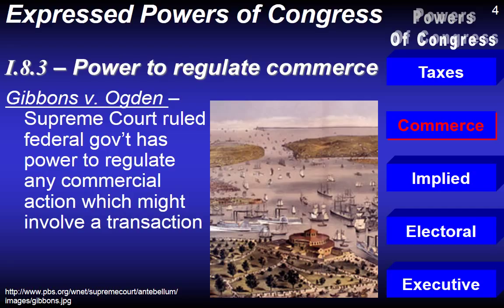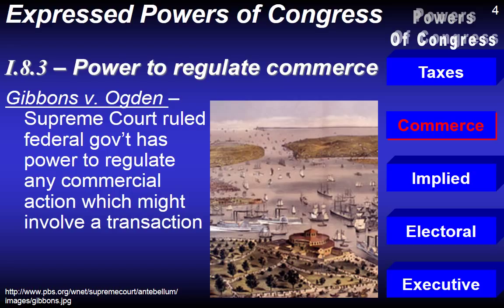And that word "might" is going to be very important when we get to the 1930s, where a farmer is actually going to be arrested for growing his own wheat because he could have sold it out in the market and thus affected the prices of the community, but he didn't. Of course, this was during the New Deal that was going on for FDR.